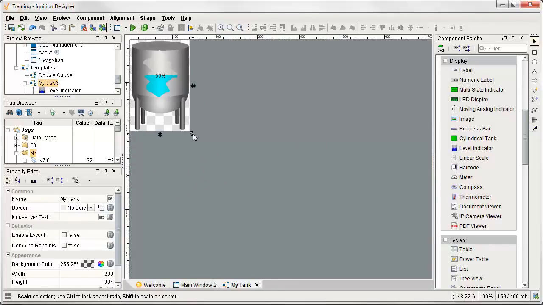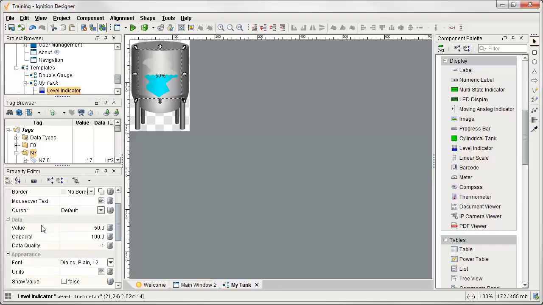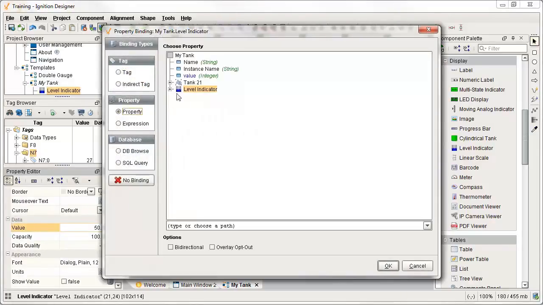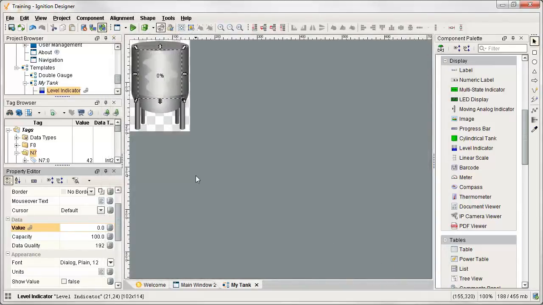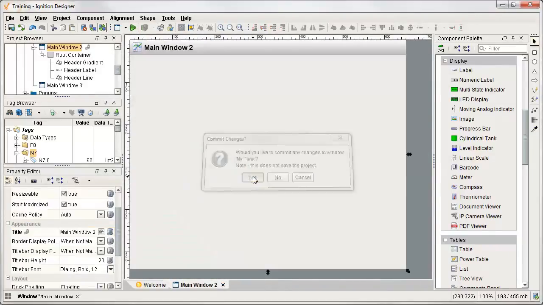The last thing I have to do is actually link the level indicator to the parameter of the template. If I don't link it, they'll never get to see the value that I linked to a tag inside the template. So I'm going to go here to my level indicator, come down to the value property. I'm going to bind it to a property which is going to be the template parameter that I added called value. I'm going to go ahead and press OK, and now my template is done. I can use it on any window. So I'm going to go ahead and click on the X down there to close the template, to save it,